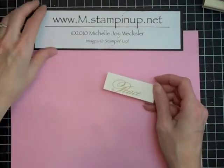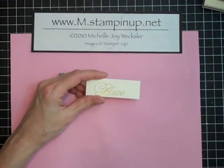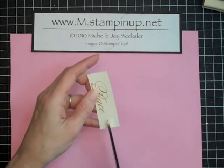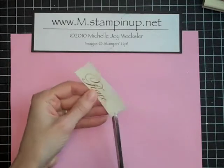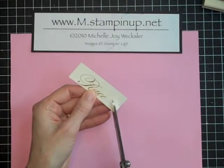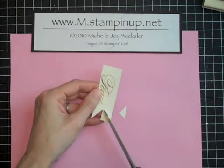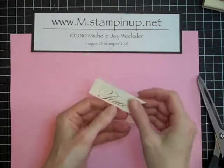And you just want to let that cool off for a second. Now a couple more things we're going to do. We're going to come in here with our scissors, so that we can make this into a flag. And I like to just cut down the center like this, and then I come in from the corners, just from the corner right to my cut, and make it into a